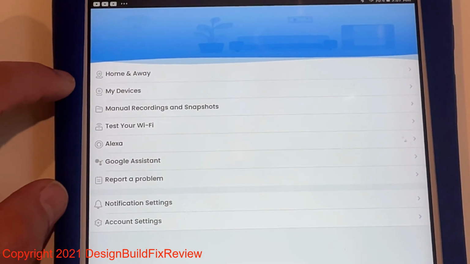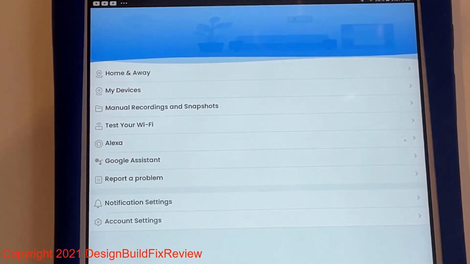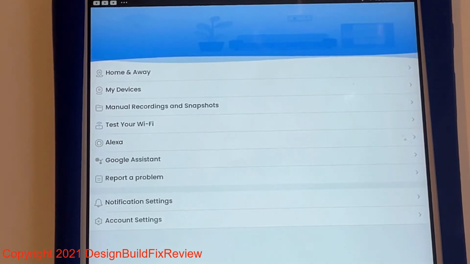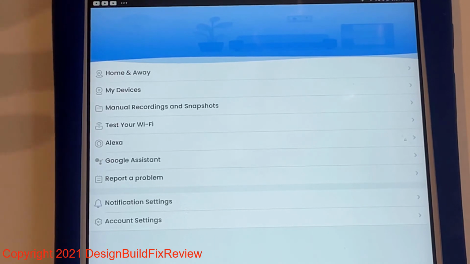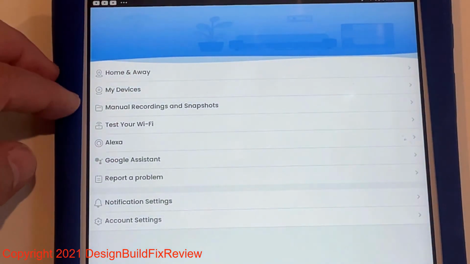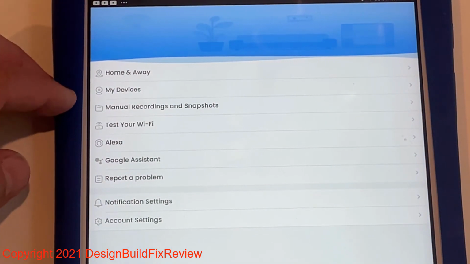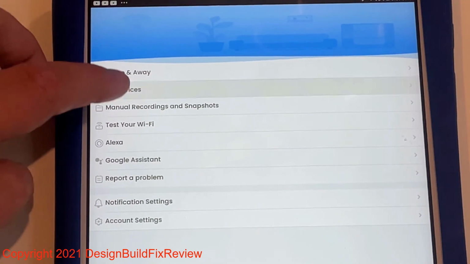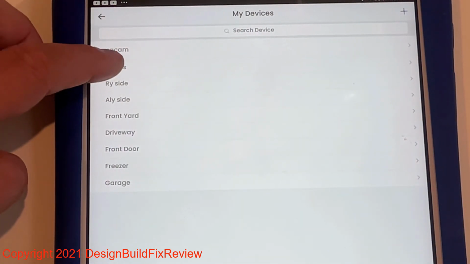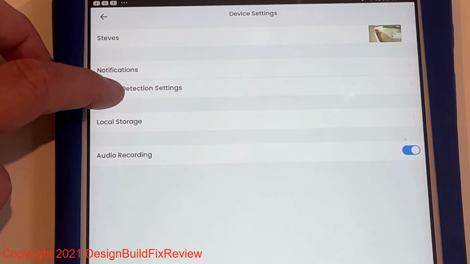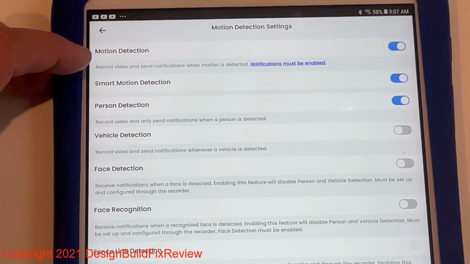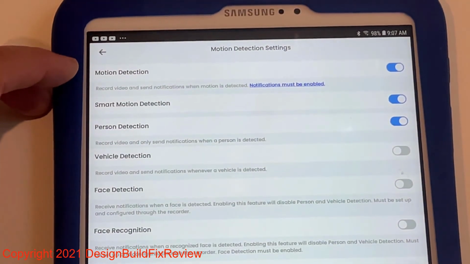What I do is sometimes when I have an event that one of the cameras may pick up motion and I have to adjust the setting. So what I do is if I'm not home, I turn off that camera temporarily from here. And I tell it not to detect motion. And here's a lot of the features you can see.